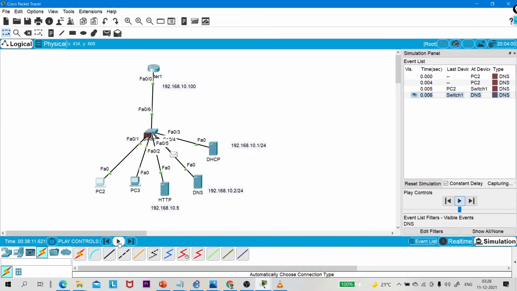Okay, and now the actual request will be sent to the HTTP server. Now DNS is resolved. This machine gets the IP address of www.pmnetworking.com, and now this machine will send the actual HTTP packet.